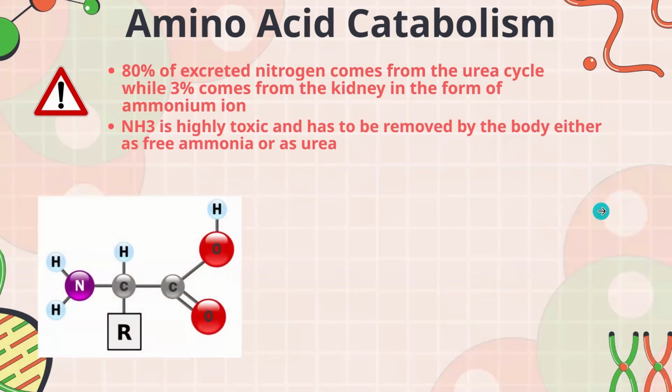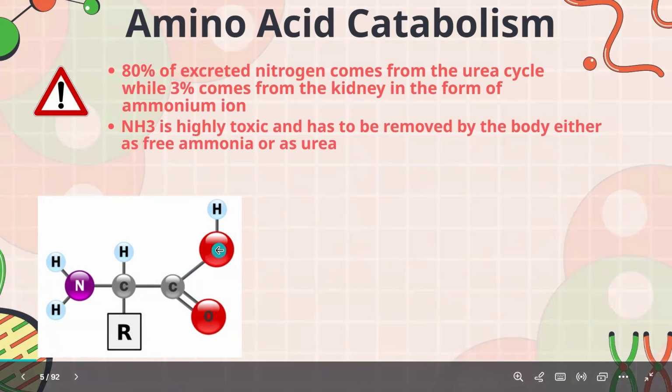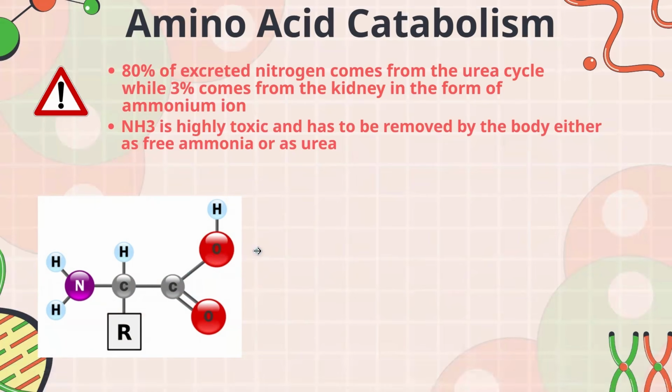So let us begin by familiarizing ourselves with the amino acid structure. This is the famous amino acid structure. We already know it, but I just wanted to refresh you on what it is. First of all, we have the left side. This is called your amine group or alpha amine group. It is basically NH2. This is the main part we're going to talk about.